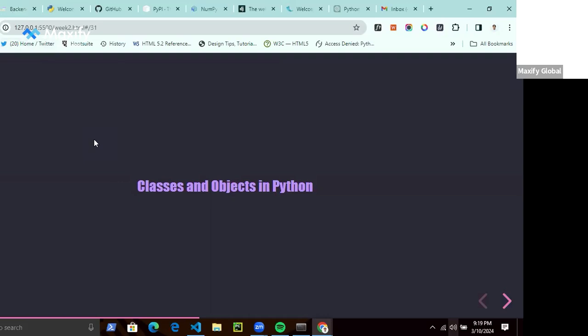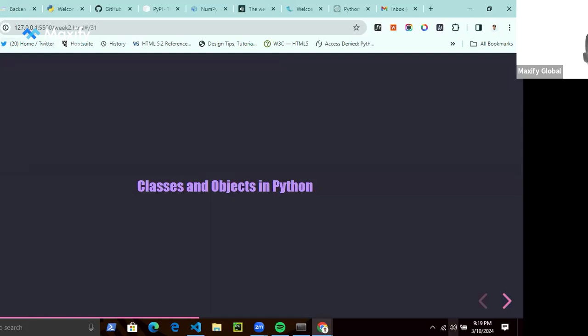So classes and objects in Python. I'm going to give us an analogy. Imagine a car. How can you describe a specific car? It has some attributes such as brand, model, color, and license plate. Also, there are some actions this car can perform or that can be performed on it.